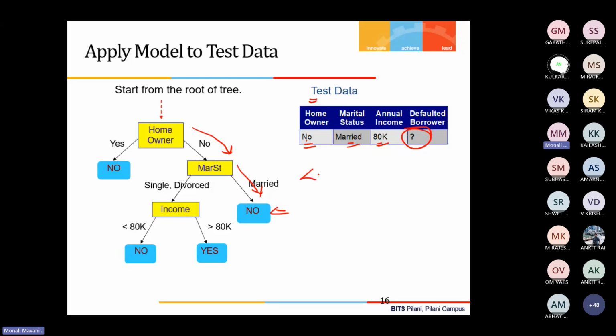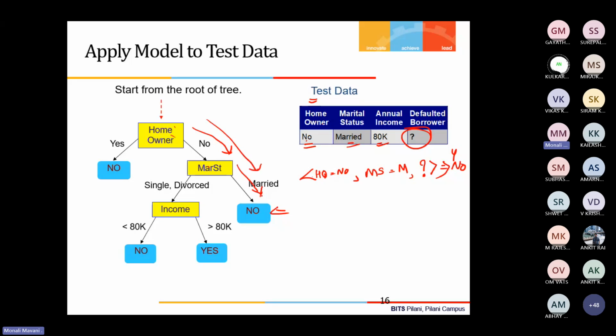So I see homeowner is equal to no, marital status is equal to married, irrespective of the annual income. The prediction will be no default. So that's why sometimes you will see there is a question mark here. As you can see, if you're going down this branch, we are only checking 2 feature